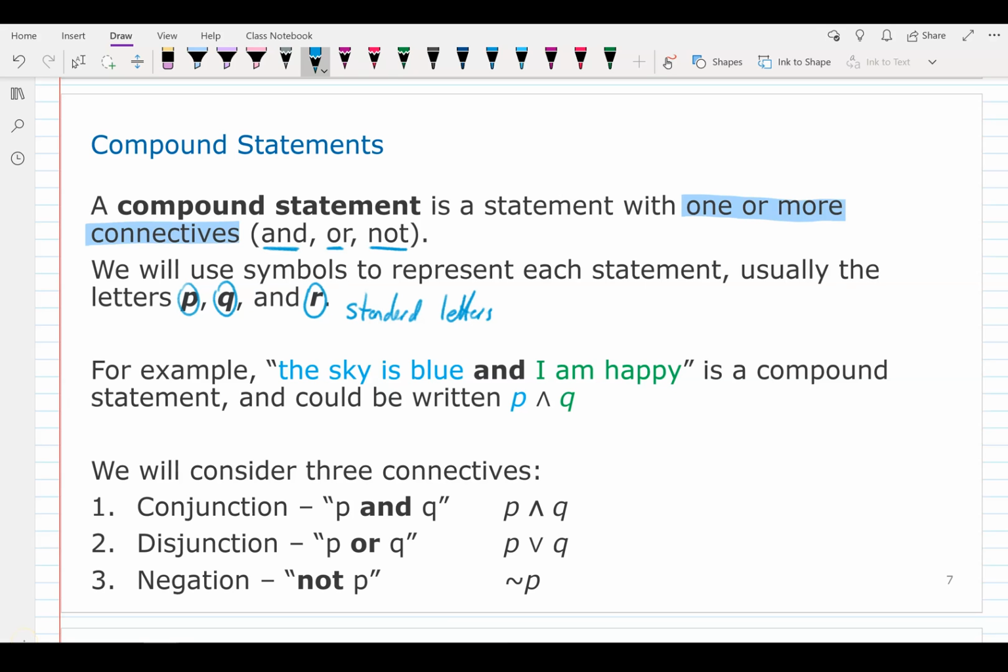So to be specific here, we have an example compound statement, which says, the sky is blue and I am happy. It's a compound statement that can be written as P and Q. And the reason for that, I'll just highlight it to be even more obvious. This part could be P. The and